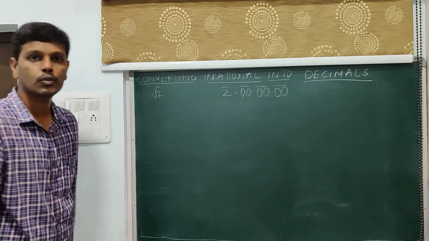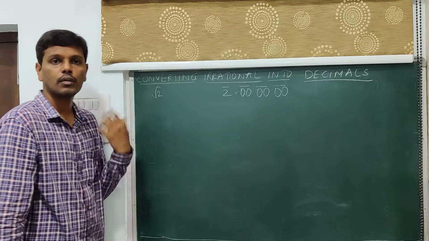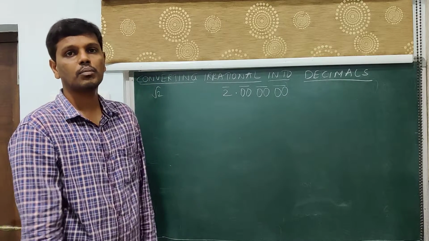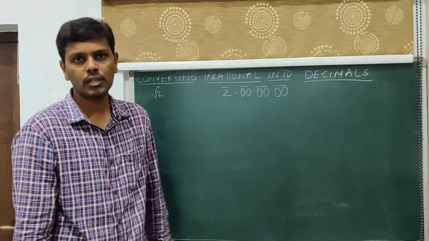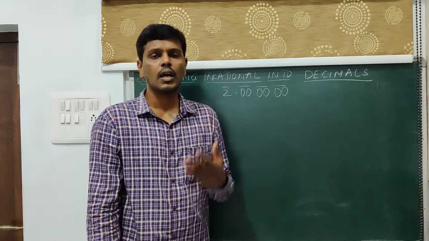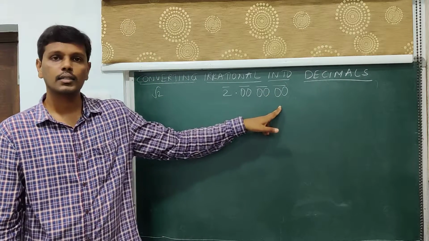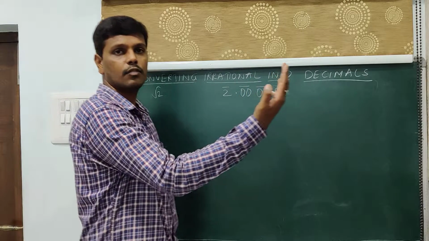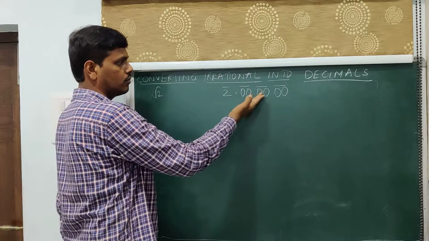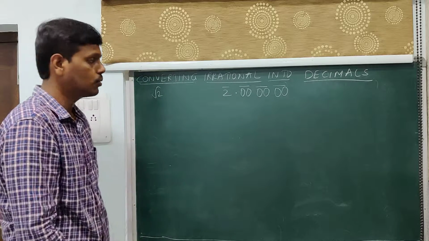This is what you need to do initially. I repeat it again. You are given an irrational number, say root 2. You are supposed to convert that irrational number into its corresponding decimal expansion up to 3 decimal places. Since I mentioned 3 decimal places, I will put a point and take 3 pairs of zeros like this. Then I will start pairing from right to left by putting a bar on the digits. This is the initial step.